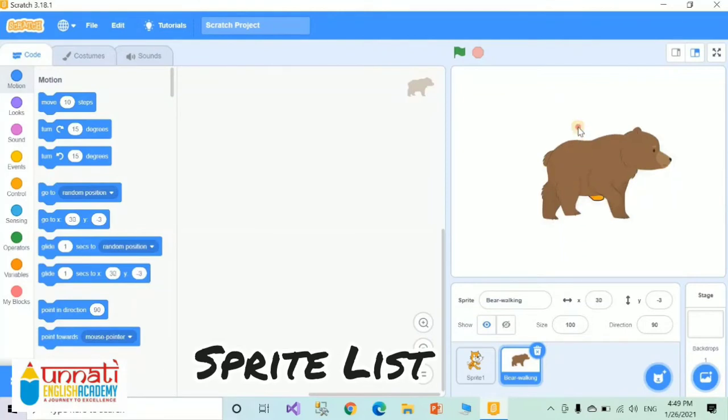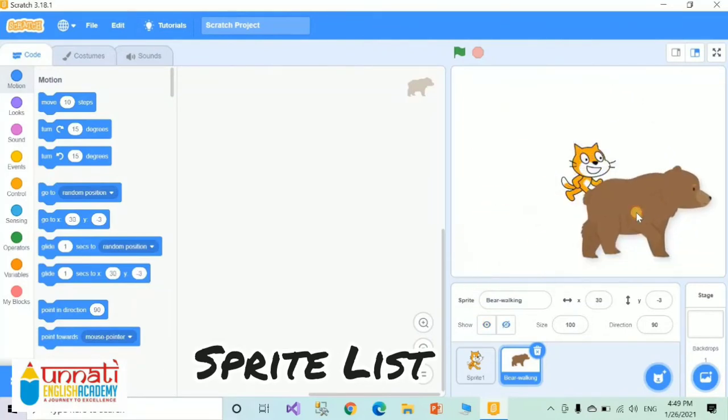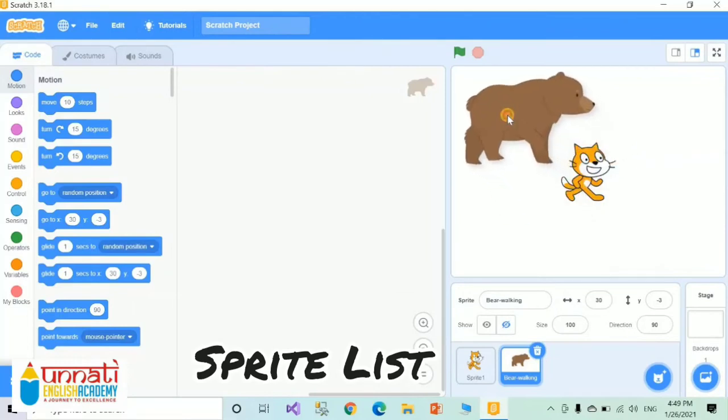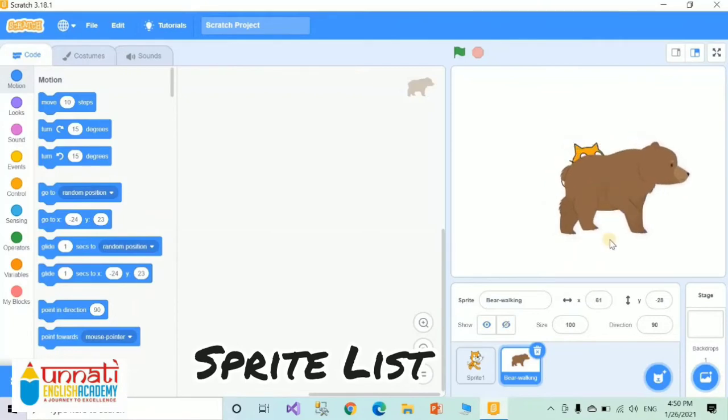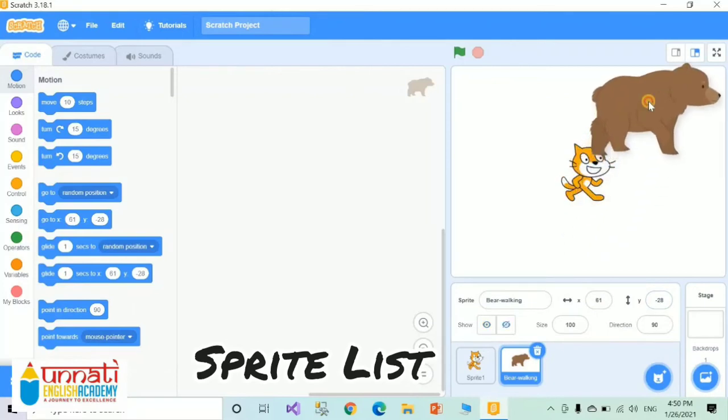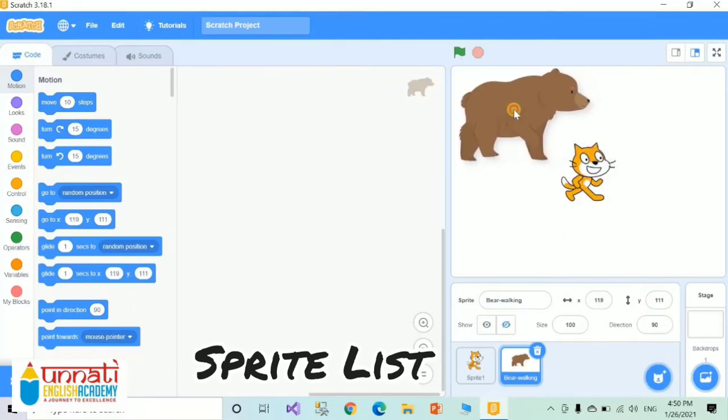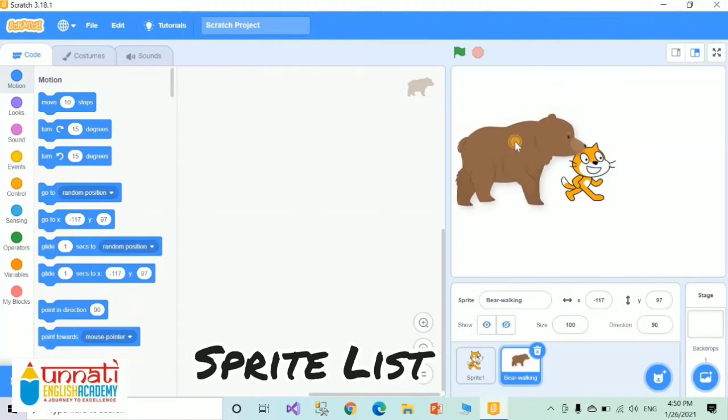So now this is my second sprite. The first is the cat and the second is the bear. If you move your sprite, your X and Y coordinate values will change as shown in the figure. Okay, so that is all about the sprite list.